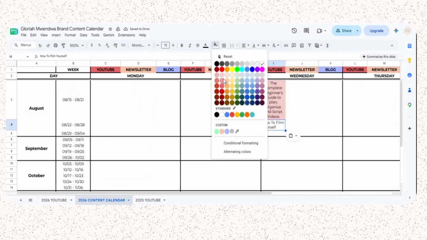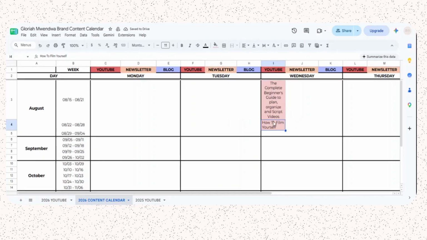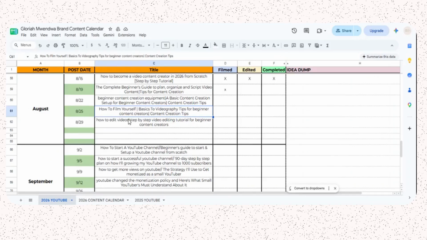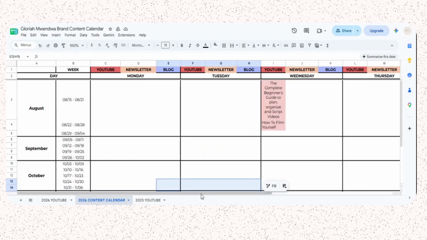Depending on what your content schedule looks like, you need to decide which days you are going to be posting, so that you can also backtrack and see which days you are going to film, which days you are going to edit, and which days you are going to do your research and validation. Because remember, we all have 24 hours in a day, and when you want to become a content creator, the amount of time it takes to come up with a good piece of content is also a lot. So you need to plan yourself really well, and that's why a content calendar is going to be very, very beneficial.